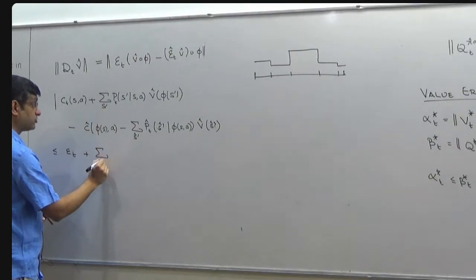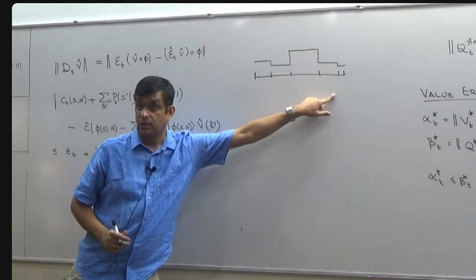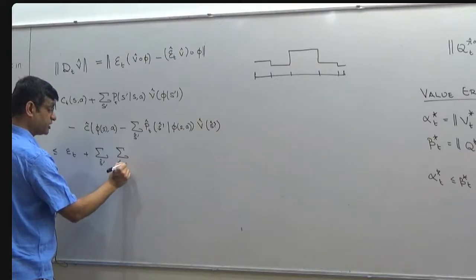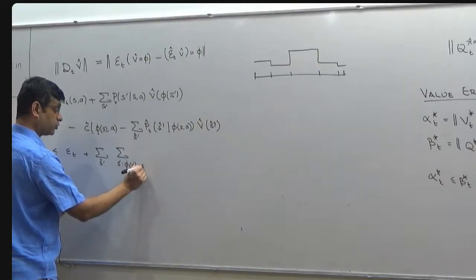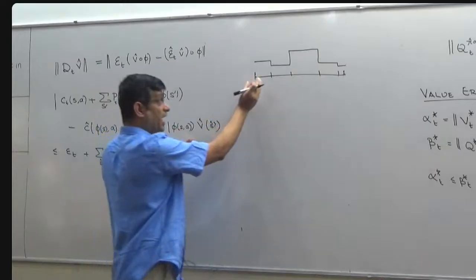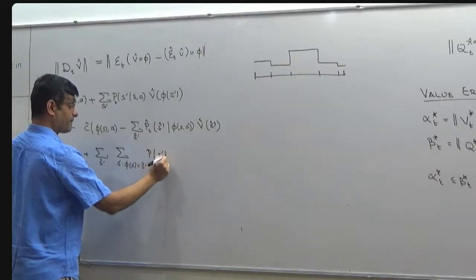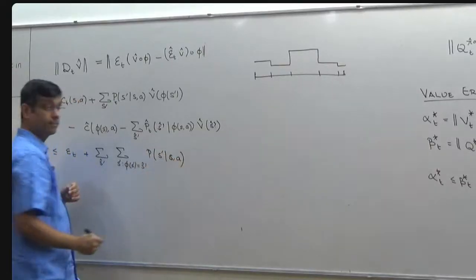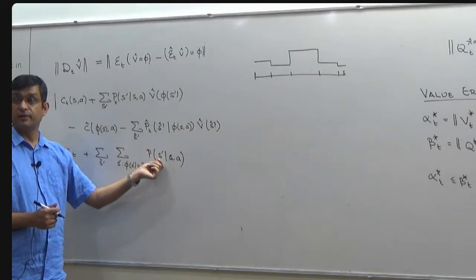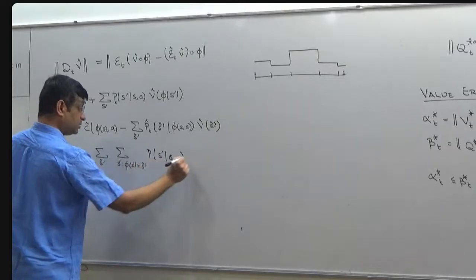I can write it as all summations of S hat prime. I go over each one of these cells, and within each cell, I go over all S prime such that phi of S prime is equal to S hat. Right? I am changing the sum over this by breaking it down into two parts. And now notice what's going to happen with this guy. This is always phi of S hat here. Right? So, what I get is this object,